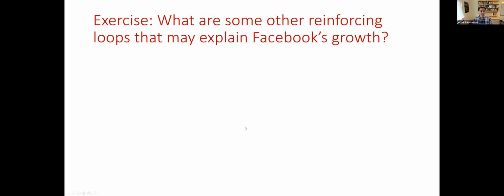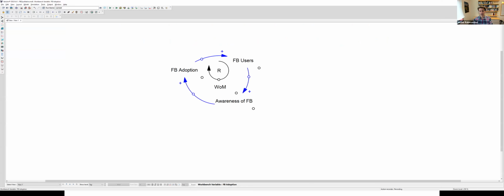Okay, so let's go back to our diagram and add a few more loops. So this process is usually a process informed by different stakeholders who know more about the topic you're looking at, who may have some ideas for what might be driving it. It's also a little bit of an exploratory process. You may actually say, oh, I think Facebook